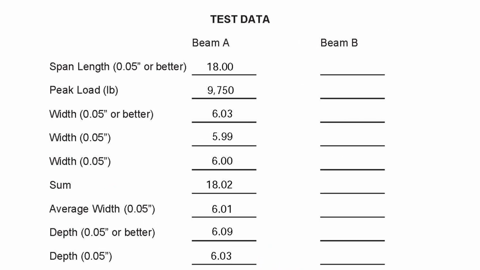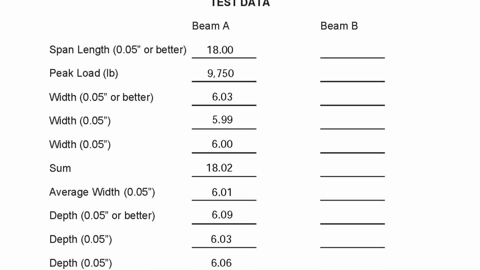Our span length, in addition to what you previously saw, will be 18.00. The peak load, which we mentioned previously, was 9,750 pounds. We had 3 width measurements and 3 depth measurements. The width measurements were 6.03, 5.99, and 6.00. So we want to calculate an average of those. We'll sum those up to 18.02, divide it by 3 because of the 3 readings that we had, which gives us an average width of